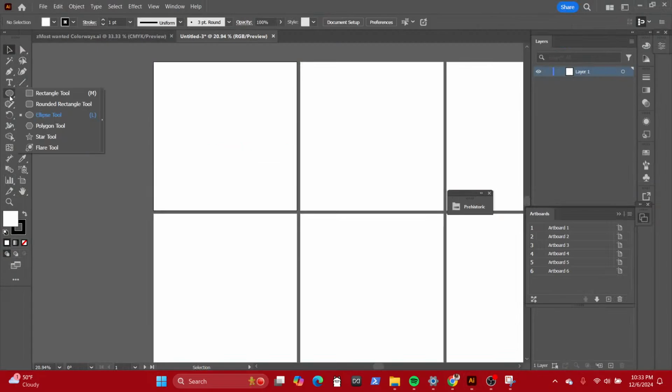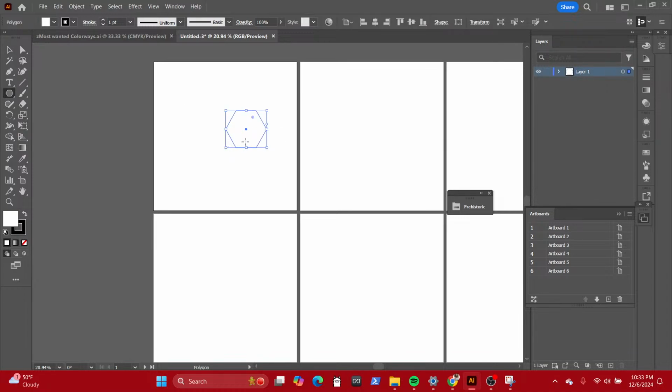I'm gonna do... Oh, I could do stars. Let's do an octagon. I mean, hexagon. 1, 2, 3, 4, 5, 6. What is that? Six sides is what? Octa? No, octa's 8. Hexagon, I think. Hope I'm not wrong. If I am wrong, so what? You know what I'm talking about, and tell me in the comments if you want to. Doesn't matter. So we're gonna bring that out. We got that. Paste.